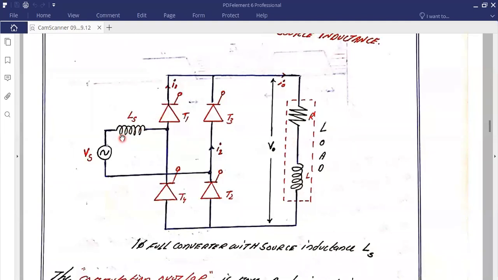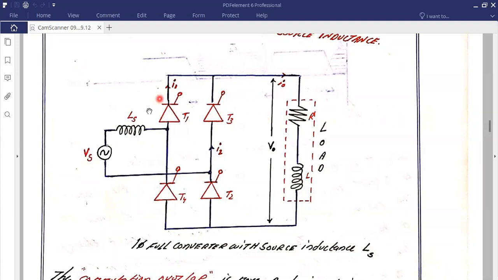Okay. So what we considered earlier is the converter operation provided with an ideal source. As the source is ideal, there is no impedance provided for the source, so there is no resistance and no impedance. In that case, the converter operation is the same as what we discussed earlier, and the waveform representations are the same.